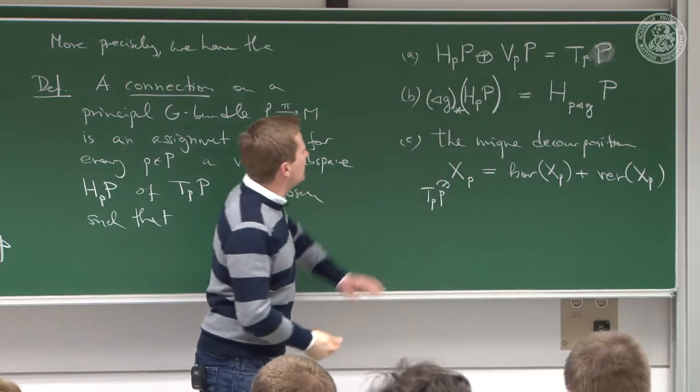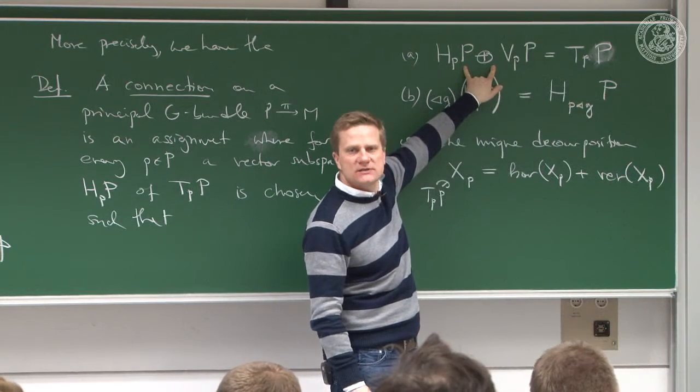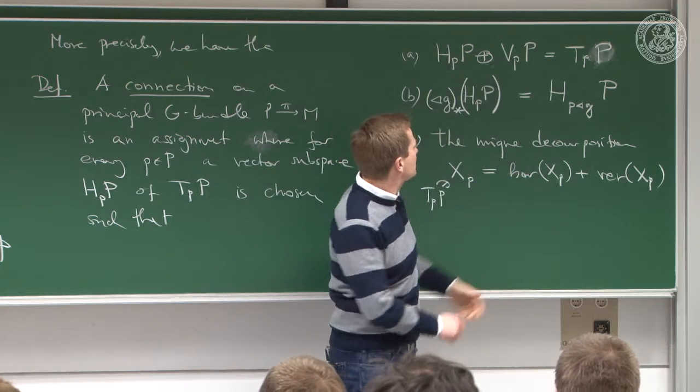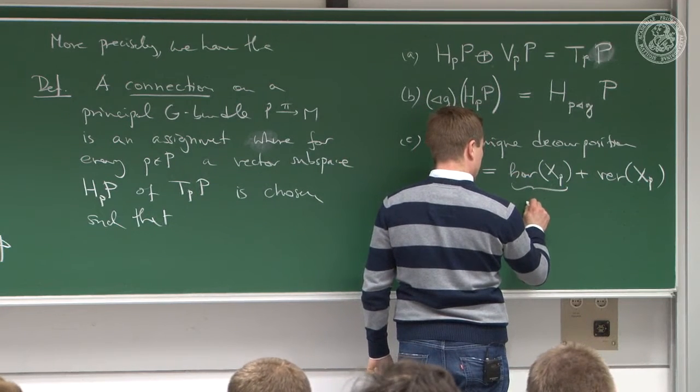And it's clear that if you have a direct sum here, any vector in here has a unique decomposition into a part hor X_P, which by definition,